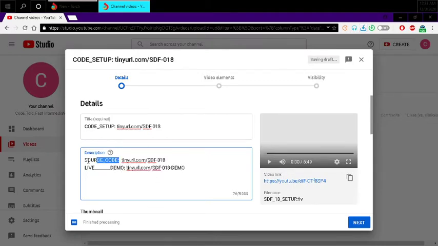And paste Unicode. Source code, live demo,